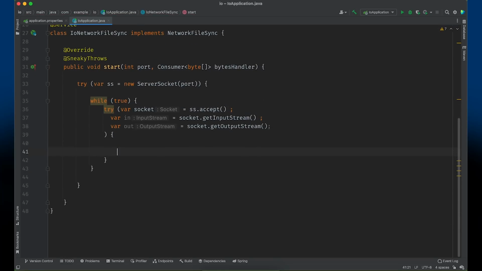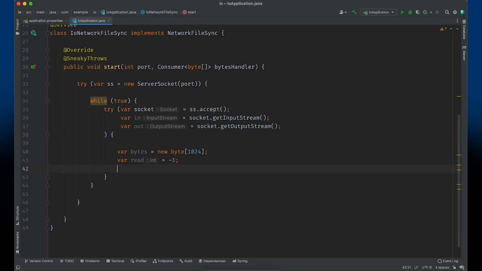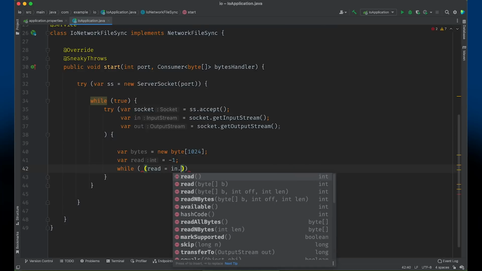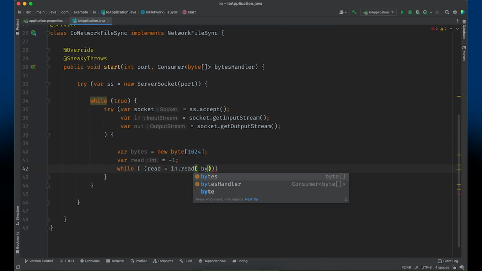So now we have our basic network loop, our busy loop. What we want to do is read the data coming in from the request via the client, right? So let's get the bytes. We'll call this byte[] new byte[1024], and we're going to read some bytes. The basic pattern here is, you read until you get -1. That means that there's no more to read. So we'll say while read is equal to in.read(bytes), and while that does not equal -1,